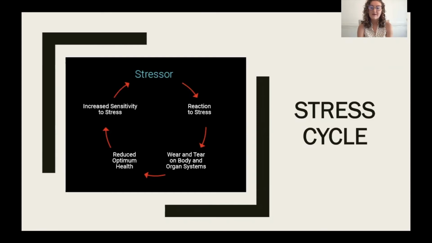Then over time, you become more sensitive to stress, especially when you hear that you have another big exam coming up in a few weeks. This cycle repeats over and over after a few weeks or months, and then you're decreasing your optimum health, especially when you have a negative view on stress or a negative view on an exam. You have to change your views in response to stress to a positive one, but that's going to take time. But in return, you'll benefit greatly, mentally and physically.